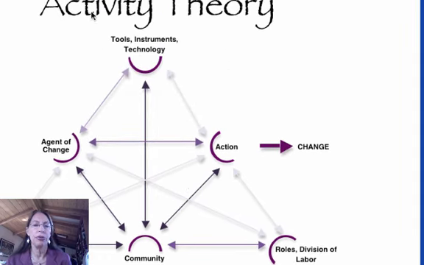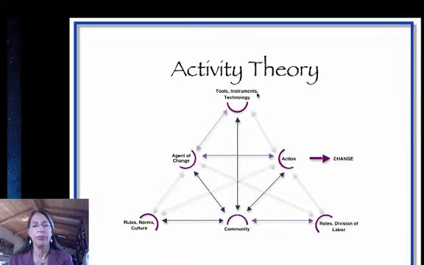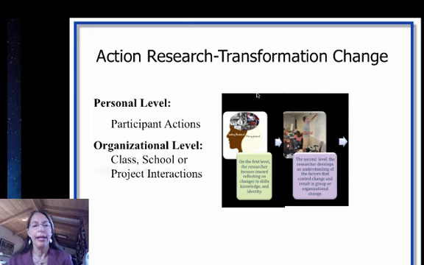And there are tools, technology, language, paper, pens, all sorts of different tools that mediate the action between the agent, the action researcher, and the community and the action. So this is another way of making sure you're paying attention to the complexity of the social setting that you're working in. And then the last type of change that I would like to talk about is what I've called